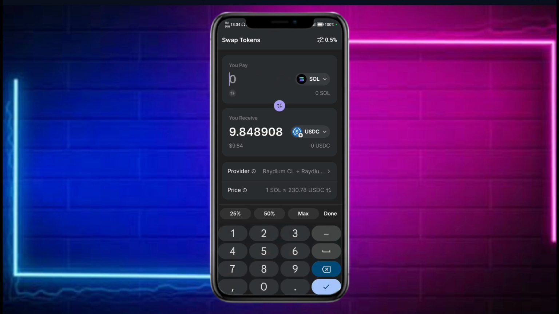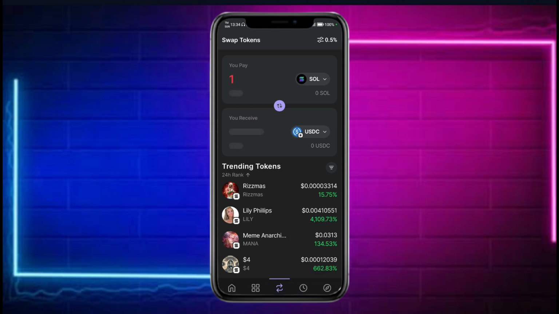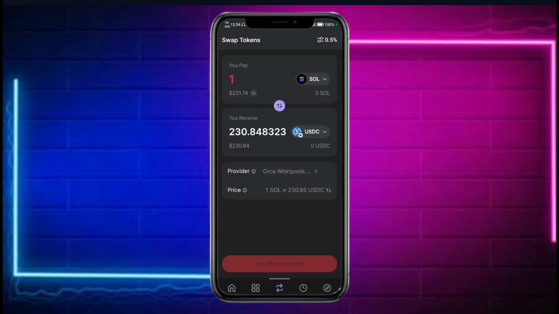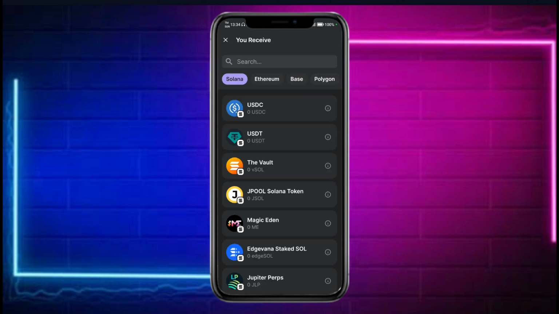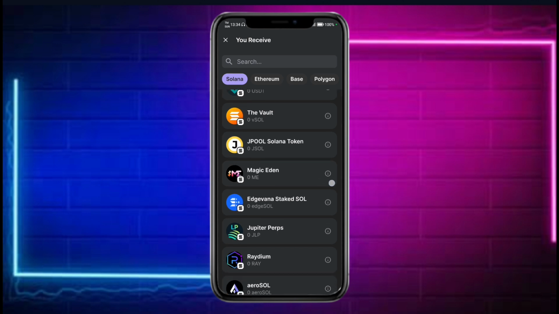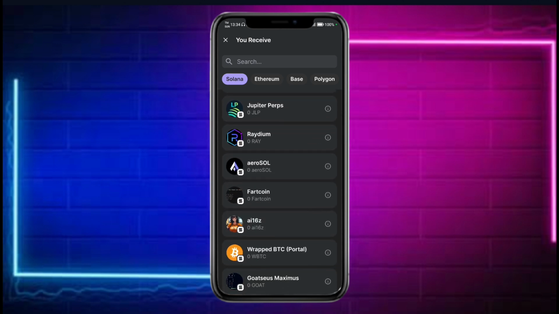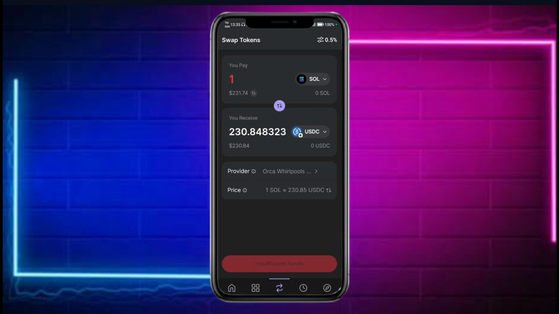For example, let's put in 1, and you can see the conversion of that onto the currency that you have selected. So you can click onto this currency right here and change it into whatever you want. It can be Solana, Ethereum, Polygon, or anything that you want for this. For example, let's choose this wrap BTC, and then you should be able to see the